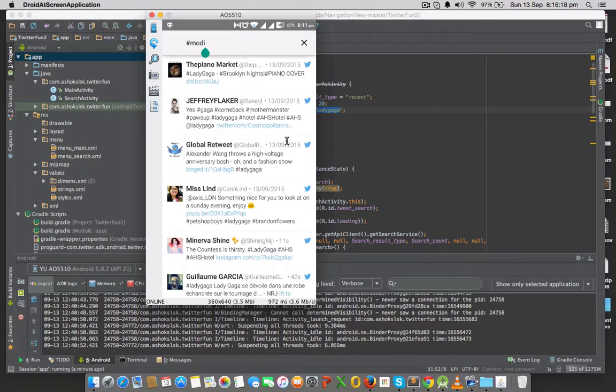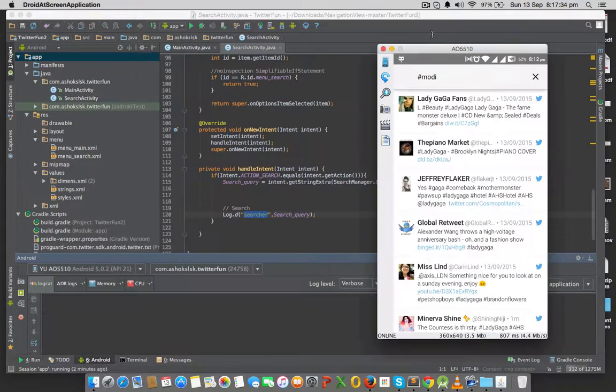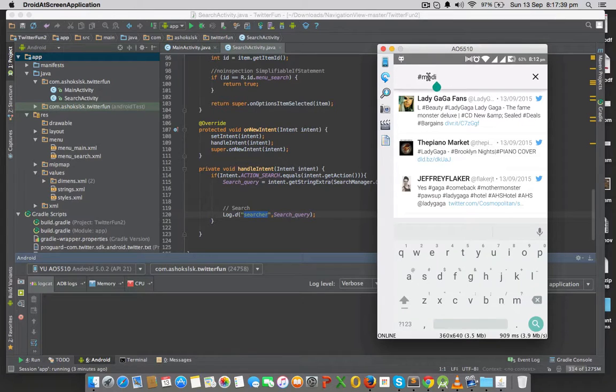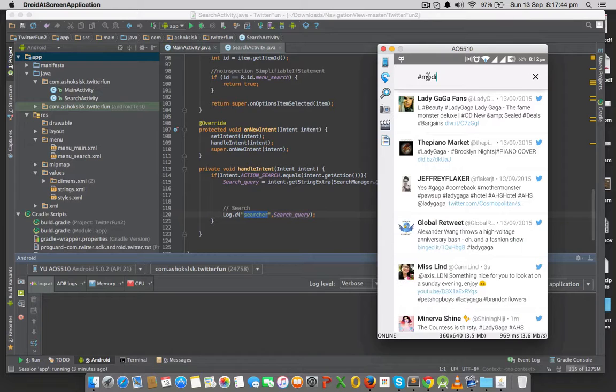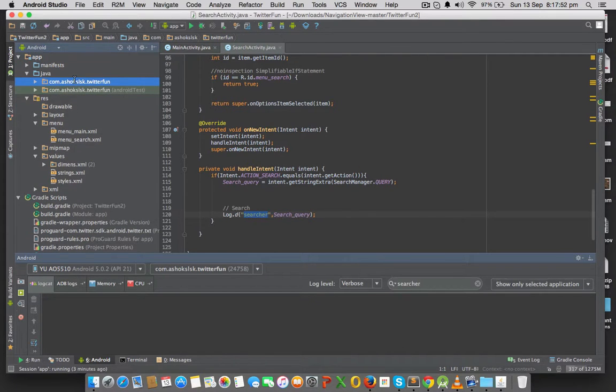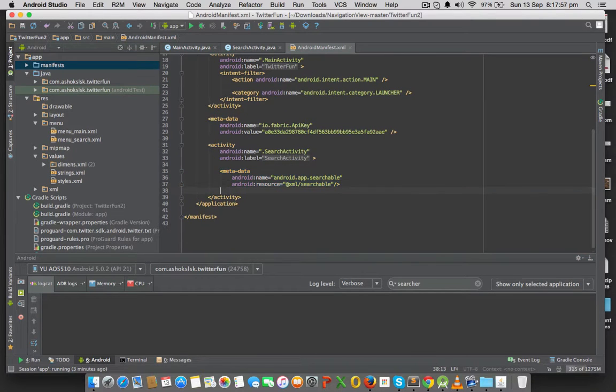So what's happening? Once after typing our hashtag in the search view, I press the enter, keyboard goes away, and we are not able to see any update. So intentionally, I have created a simple mistake. So just to make sure, end of the day, end of the program, end of the video, that you will come to